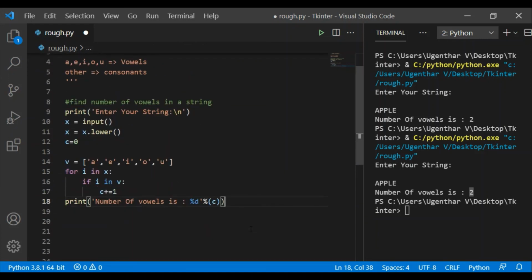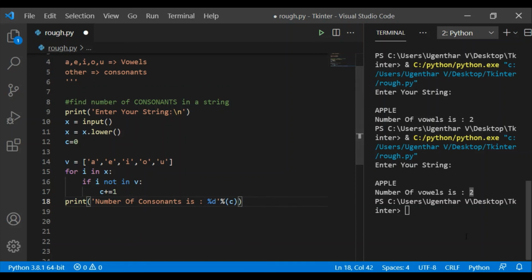Next, we can find the number of consonants in a string. In order to find it, you can make a small change here. If i not in v, just add not. If the input is not present in v, then definitely it will be a consonant. So the output is number of consonants is.